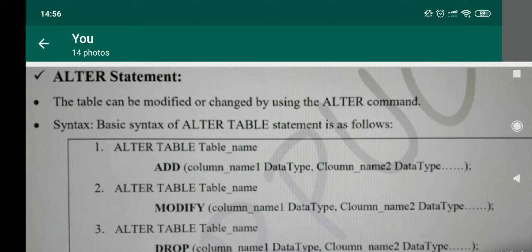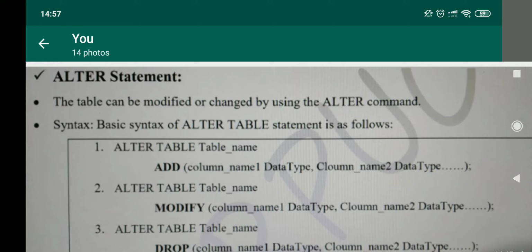Now the alter command, so we want to make changes to the existing table. What kind of changes can be done? We can add new columns to the table, we can modify the existing columns, or we can delete some columns from the table. If you observe, when I'm speaking about the column, in the example you can see clearly the column name, data type, and after that I told you to open the bracket and write the size, no? So if you are adding, modifying or deleting, or a drop means entirely take it from the database.